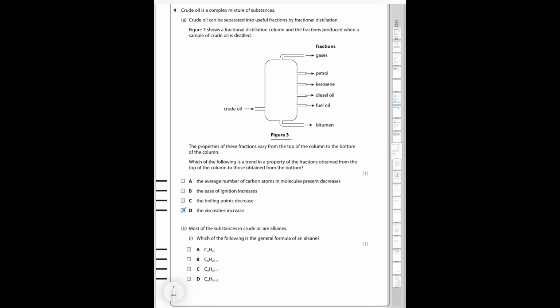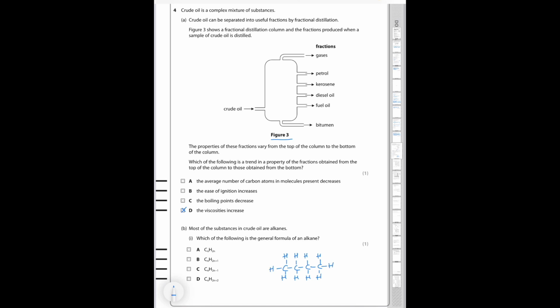Then for part B, most of the substances in crude oil are alkanes. Which of the following is the general formula for an alkane? And if you weren't sure, you could maybe draw out an alkane. So for example, I've drawn out butane here. For every carbon atom, we can see that we have a hydrogen above, a hydrogen below. So however many carbons we have, twice as many hydrogen, and then we always have our extra 2 on the